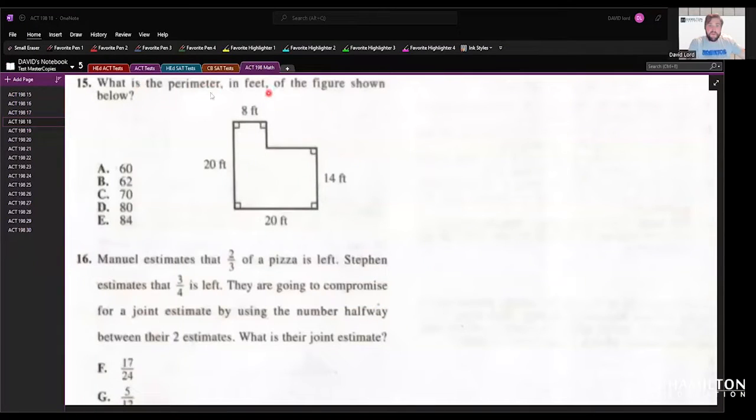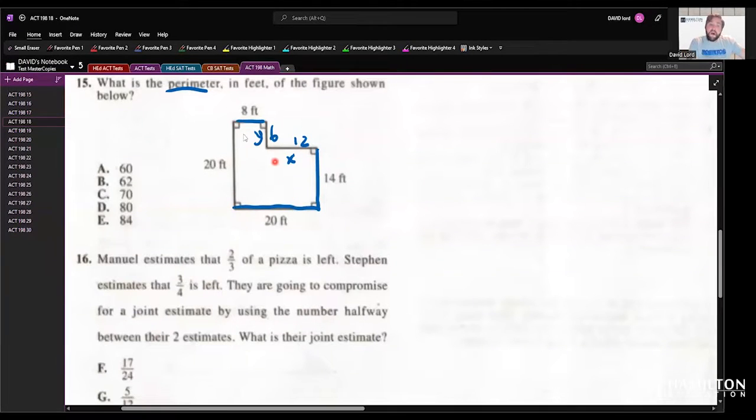What is the perimeter in feet of the figure shown below? So we're trying to find the perimeter of all sides, but there are 2 sides that are missing here. And you may have missed this one, or both of them. So let's add up the sides. If this whole length is 20 and this length is 8, then this piece right here is 12. And on this side it's 14, but the total length is 20, so that means that this little side is